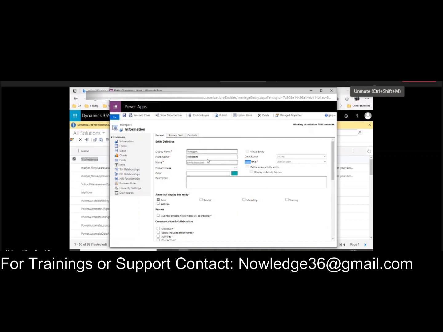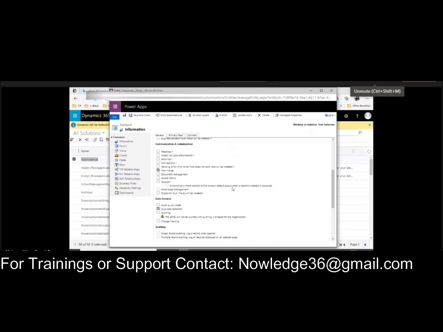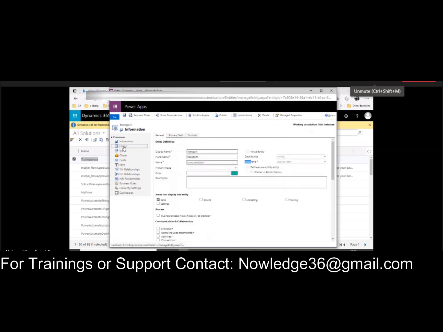While you are creating this entity, when you choose user or team or organization, if you select any one, it becomes pre-defined. We cannot change it. Now you can see these are the forms, views, charts, fields and keys, and these are the relationships and business rules.